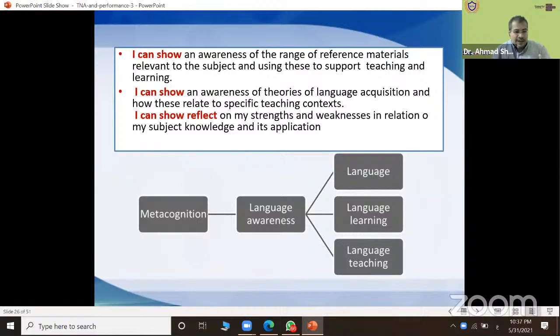So here, metacognition, language awareness, you should know well about your language, language learning, so how your students learn language, language teaching, how to teach language. This is language awareness. Briefly, we have language, language learning, language teaching. Okay? The next domain, please, Ms. Summer.